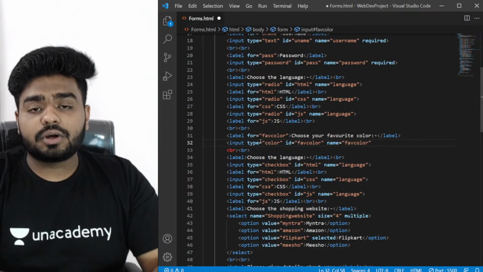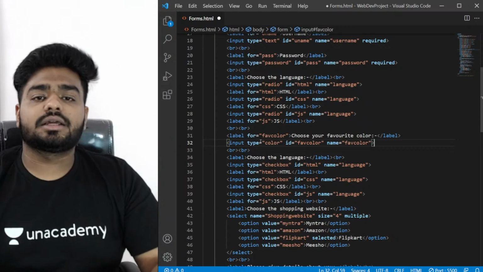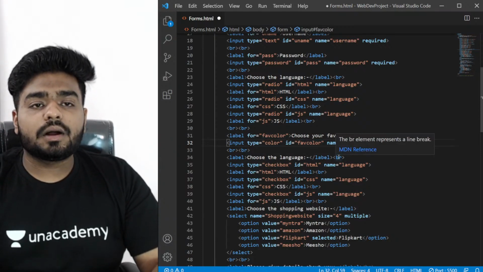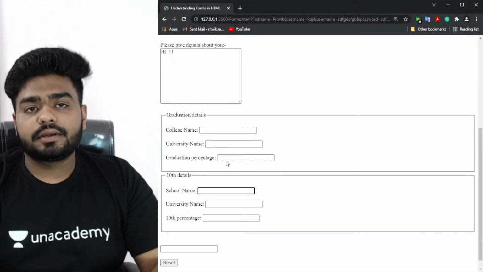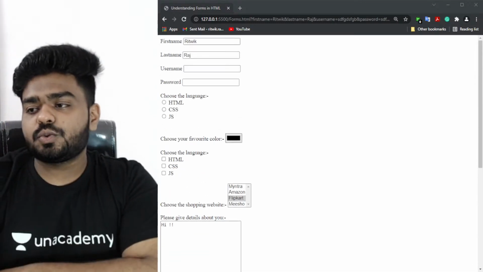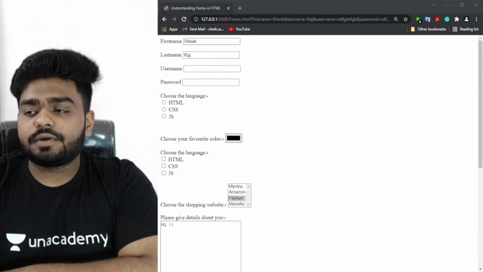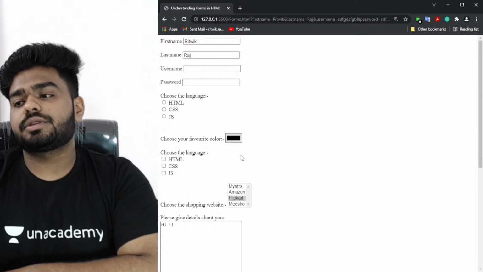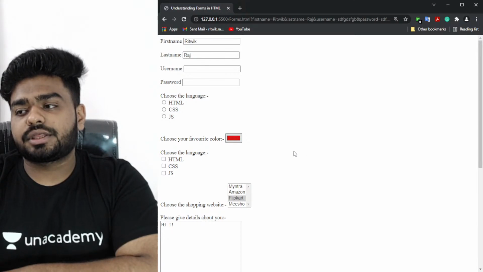Why name? Because whatever color you choose, the value should be saved inside with this name, which is fav color. Okay, so let me go back to my browser and show you what is happening. Let me save this program, and you can see it is saying choose your favorite color, and it's giving me a black box kind of thing, right? If I click on it, it gives me the whole property for choosing whatever color you want. So if I choose, let's say, this color,